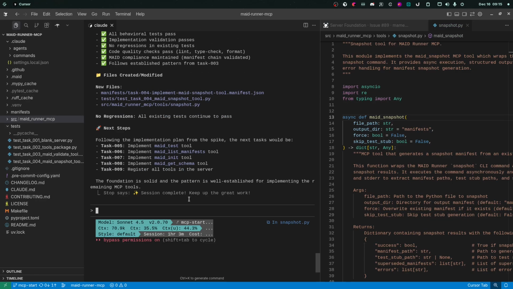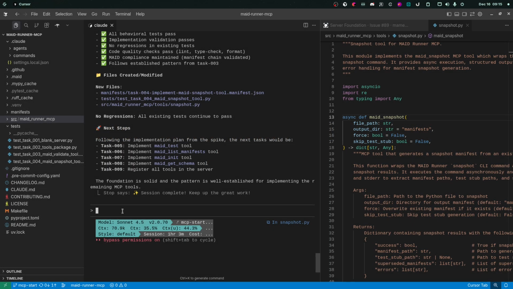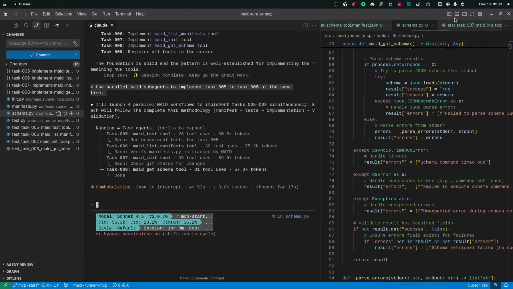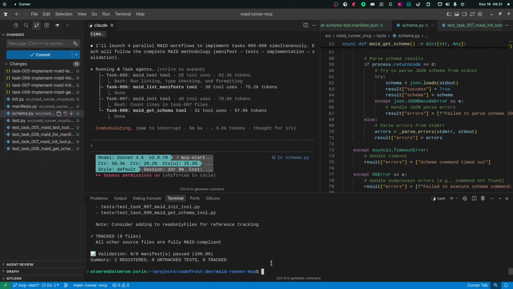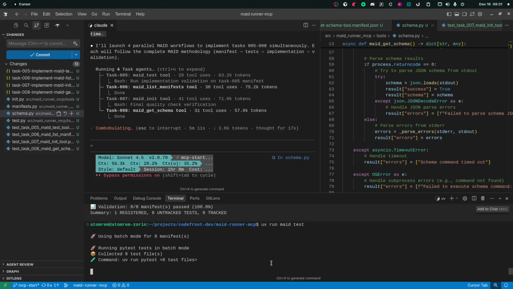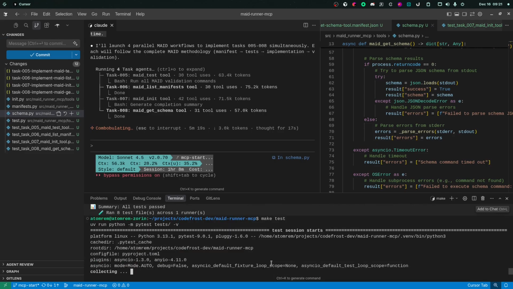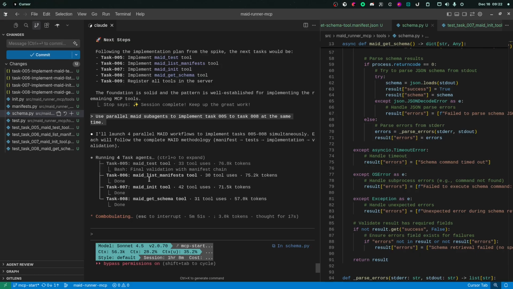Okay, now I'm going to attempt to implement the remaining tasks 5 to 8 using parallel sub-agent. Okay, so it uses 4 task agents. Nice. Task 08 is done. We can actually run made validation here. For all of them are passing. That's great. How about the test? All of them are passing. Fantastic. How about all the tests? Nice. We do have 125 tests now. Looks like Cloud Code successfully did a good job here.